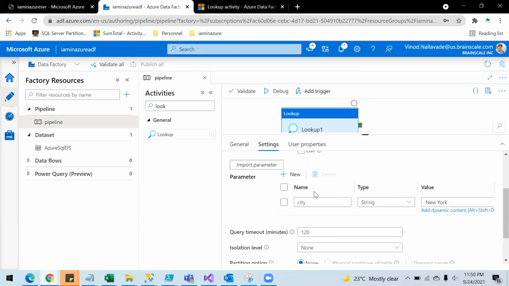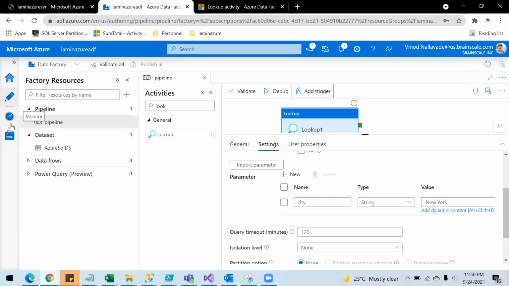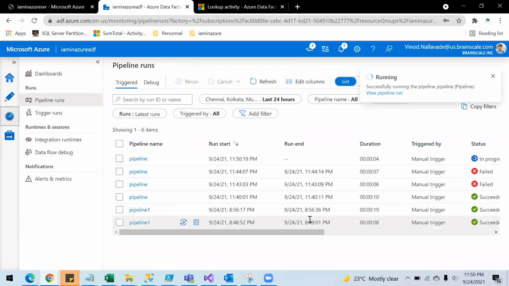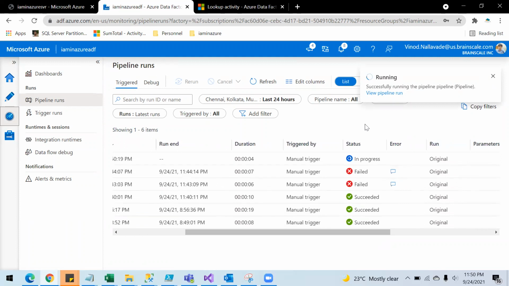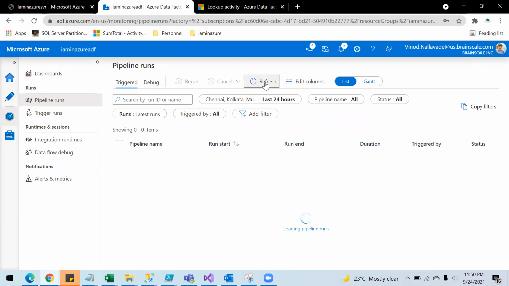It can be of like 1,000 records or something like that, but you will not be able to see that in the output. You will see only the first row in the output. So let's just trigger this, click OK, and let's see. It's still running.